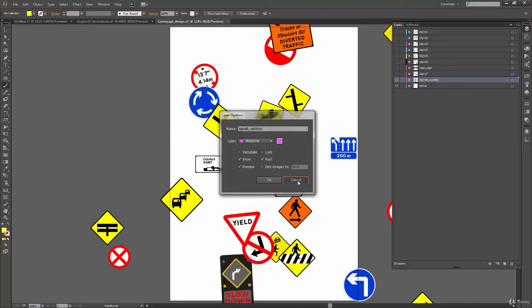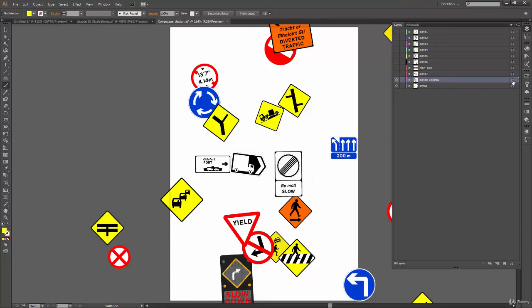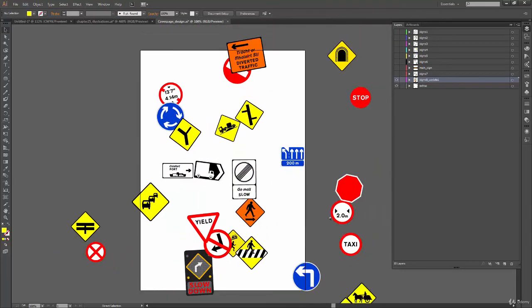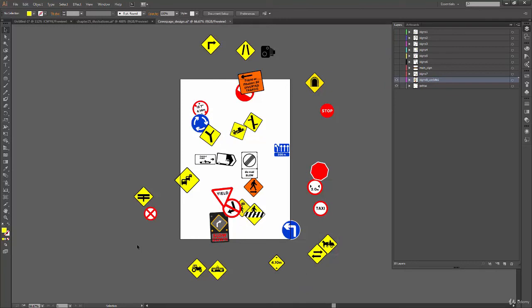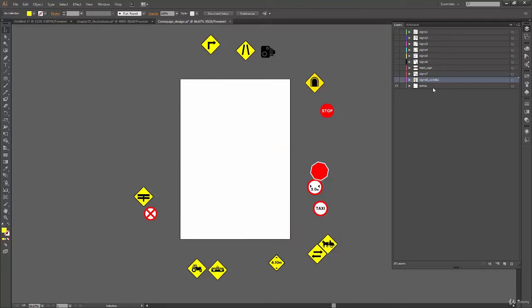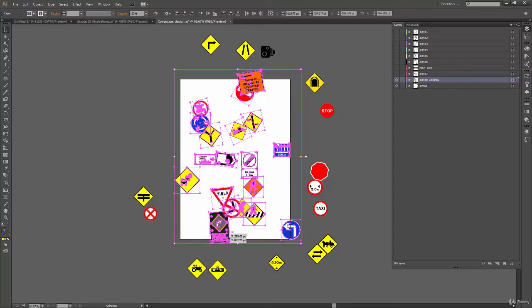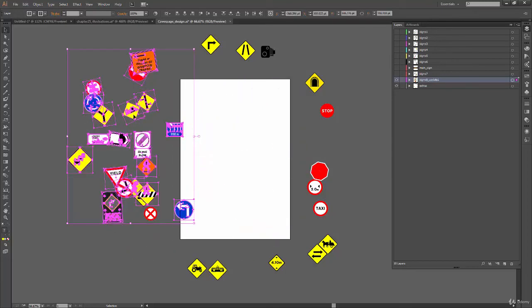Okay, so we have all our layer options covered, and then we have this circle next to it. When we click on this circle, it selects all our shapes on that particular layer. So right now, like you can see, I have two layers that are visible, and the shapes outside the artwork are in this extras layer, whereas the shapes inside the artwork are in Sign 8 Update 1 layer. So when I click on this, it selects all those shapes which are inside the layer. So yeah, now if I want to move all the shapes together, I can just click and move them.